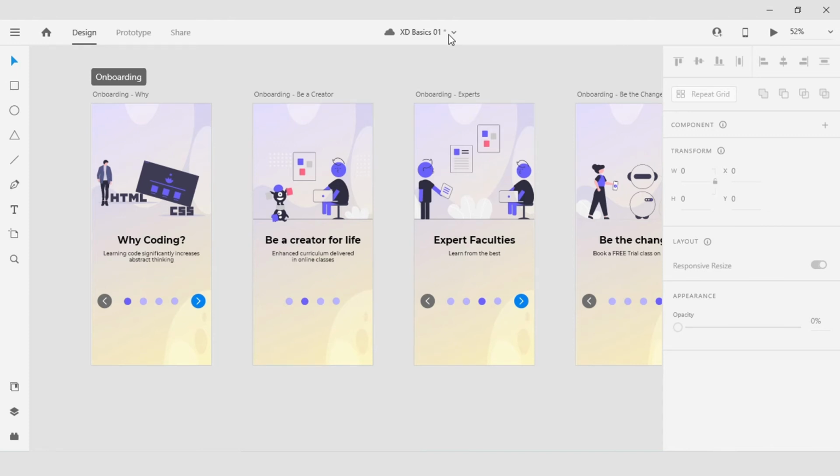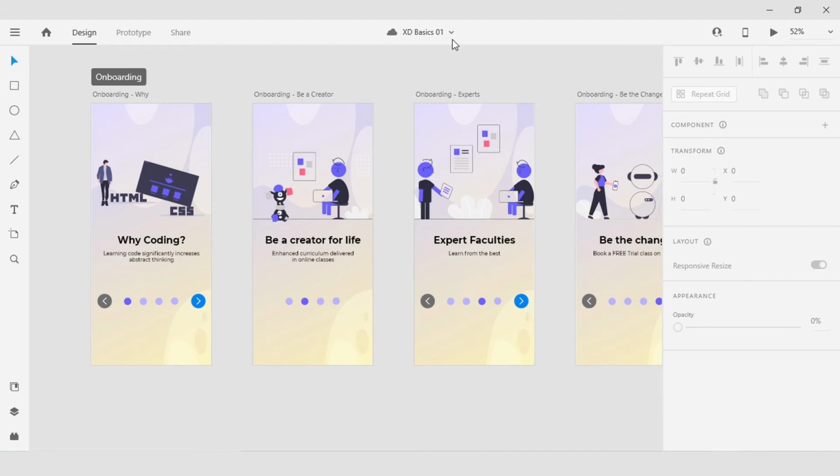If I stop working for a moment, a background process is going to go in and save the changes of what I have just done up to the cloud. So let's say I have made some changes that I didn't like and I want to undo those changes or roll back to an earlier version.